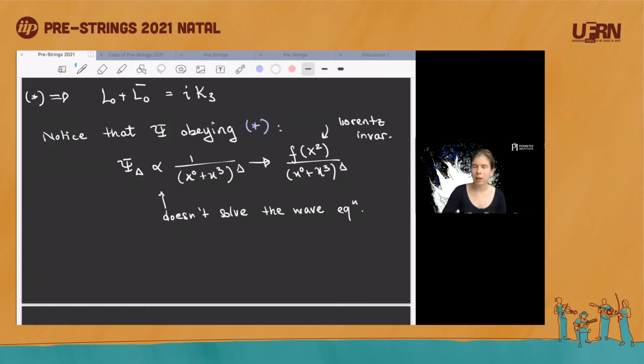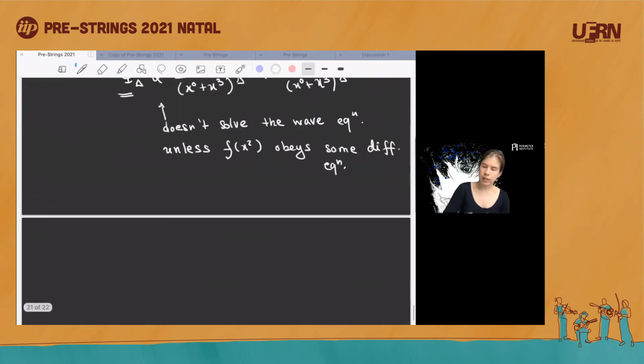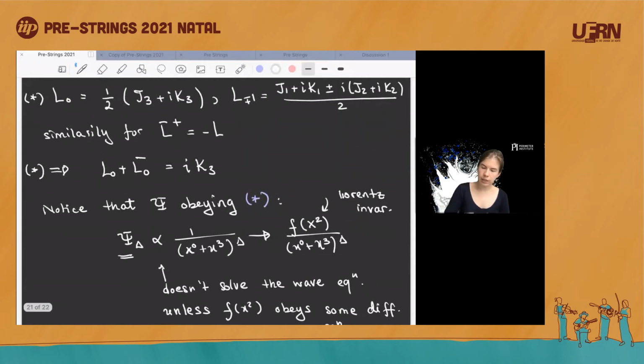So there is this freedom in multiplying this wave function with this f, and ultimately this f is going to have to obey some differential equation dictated by the fact that this psi solves the wave equation. Okay, but before I write down that differential equation, let me point out that there was no